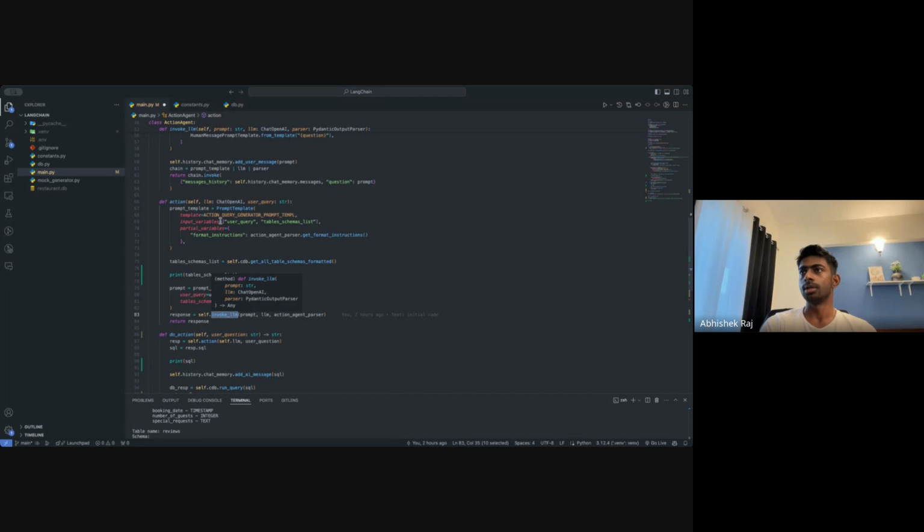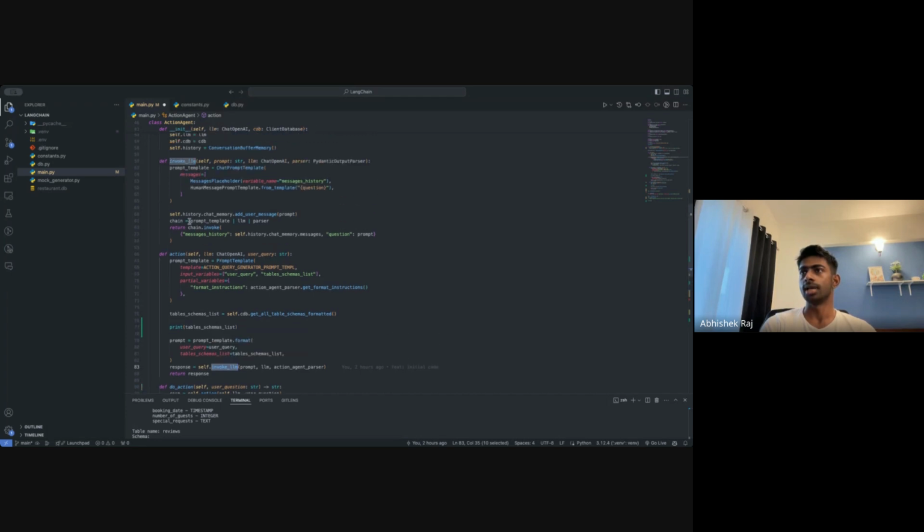So you can see we are just parsing it here. We are passing this prompt template's output to the LLM, and then whatever response the LLM gives, we send into the parser, and we have this chain and we are invoking all the chains together.